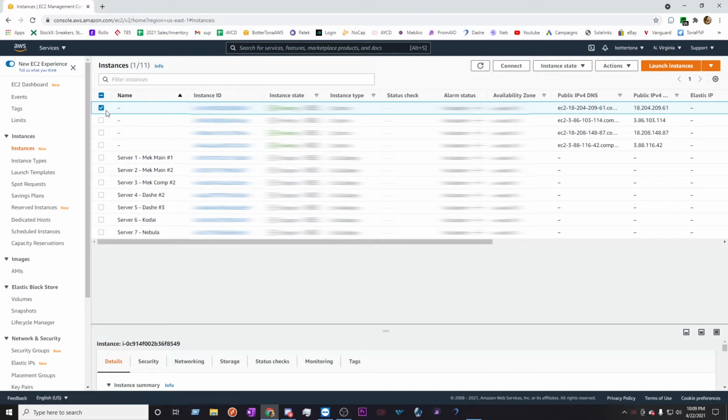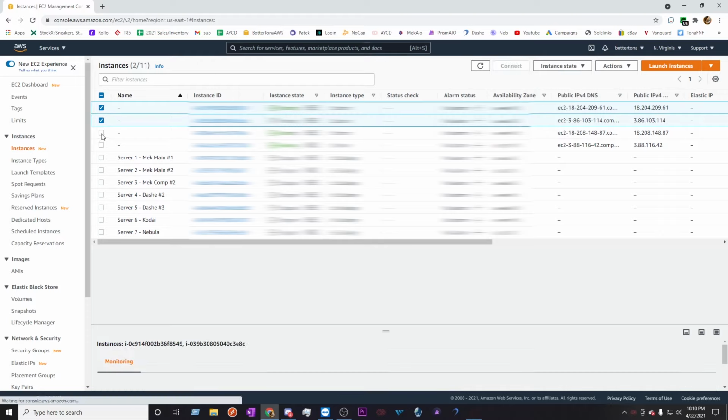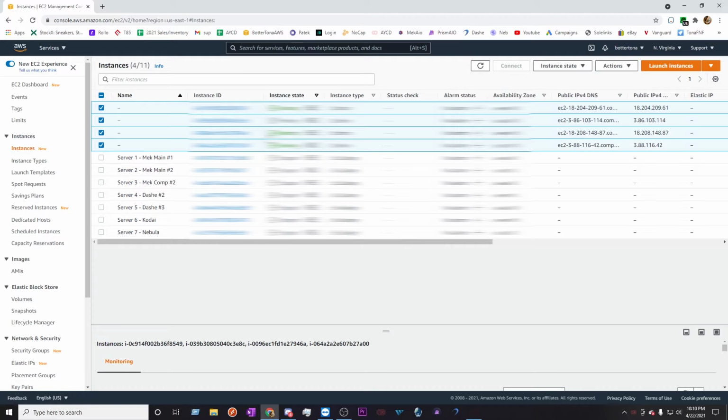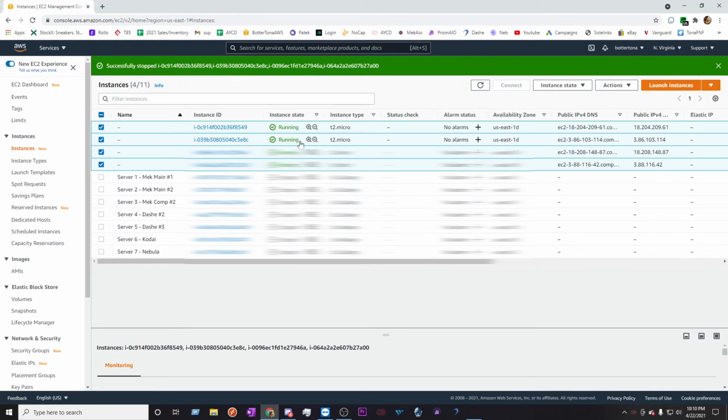Starting an instance, you just click up here. You click start. Now, they're all running because we just started them. But we're going to go through and make sure they're not running once this goes through. And then you're going to click stop. And then that's it. Never let them run, because you will get your bill charged up so much, and you